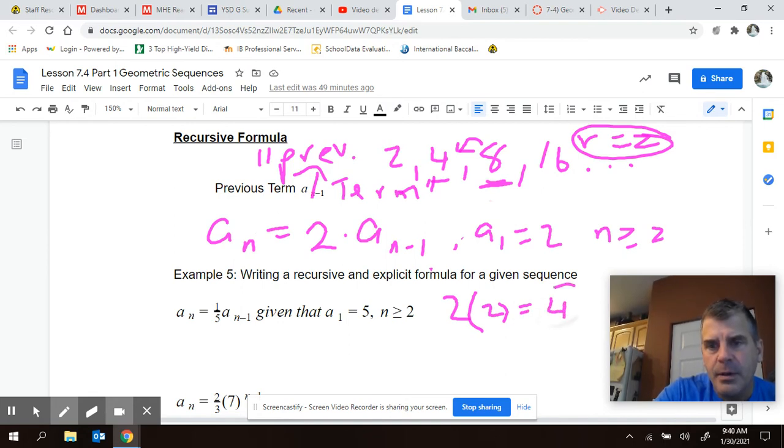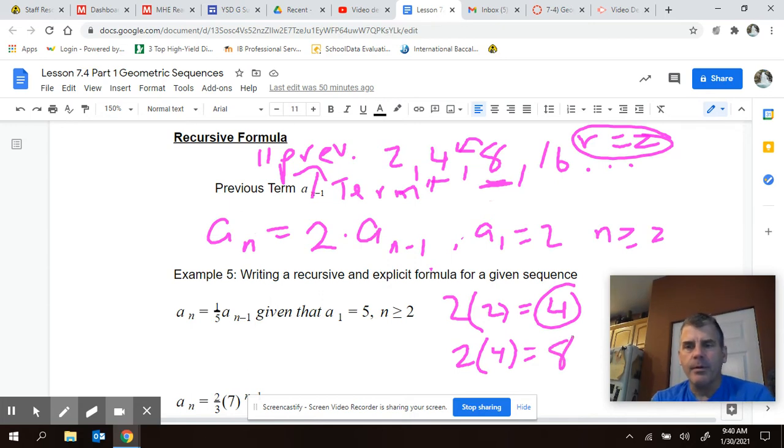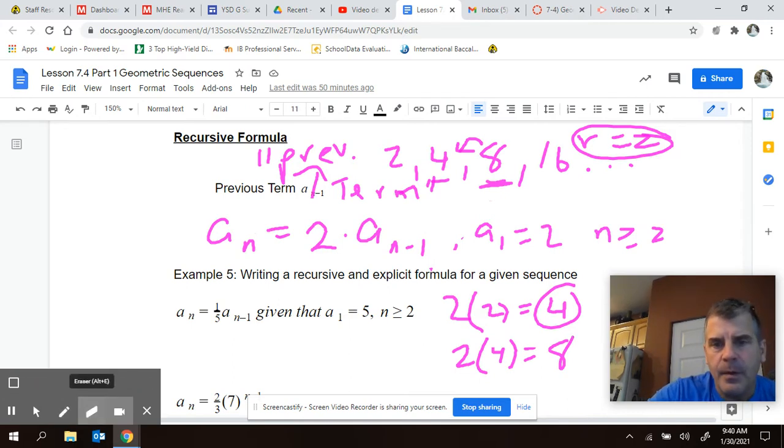That gives us term 2. And now we want to find the third term. We're going to take that common ratio times 4. Remember, this is the second term. That's going to give us 8, so on and so forth. That's the application of being able to find or generate our sequence